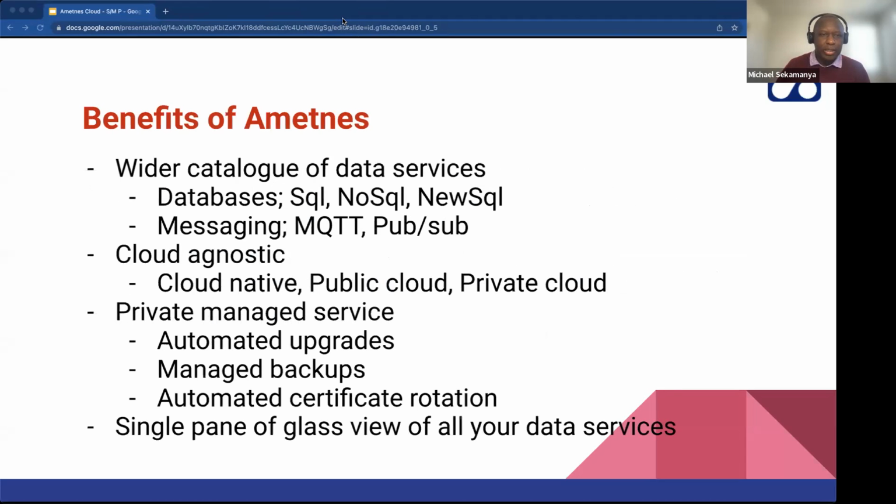So essentially, Ametnes offers a wide range of data services. This includes SQL databases, NoSQL databases, messaging services such as MQTT brokers, Kafka, or workflow automation tools such as Airflow. Now, running in Kubernetes makes us cloud agnostic, and so we are able to provision data services on any public or private cloud environment. So obviously with Ametnes, you get a full managed service while running in your private cloud